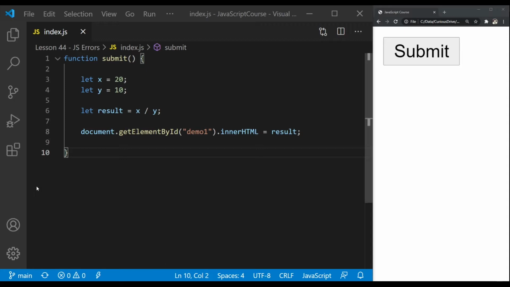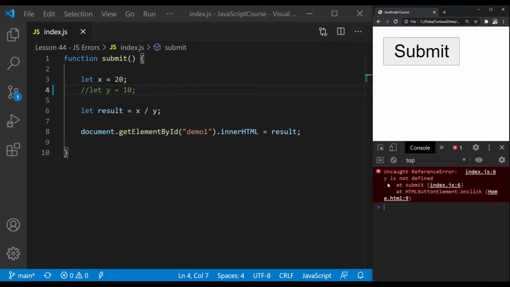I have a simple program here where I have x and y variables. I'm storing 20 in x, 10 in y, and then I'm dividing x by y and storing the result in the result variable and showing the result on my page here. But let's assume that I forget to define y variable, and then if I try to click on submit, nothing is going to happen. If I press F12 and open console, then I can see that y is not defined,